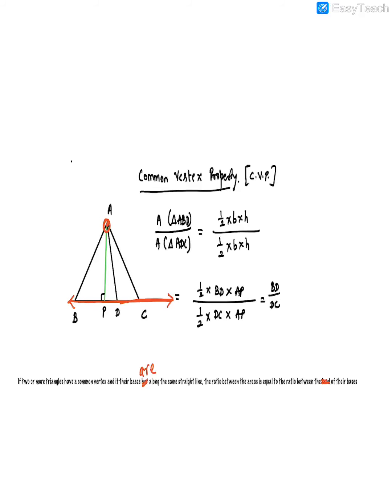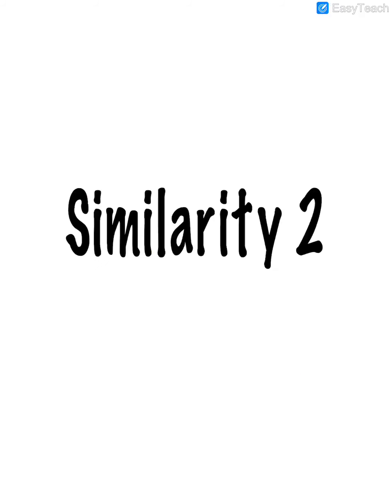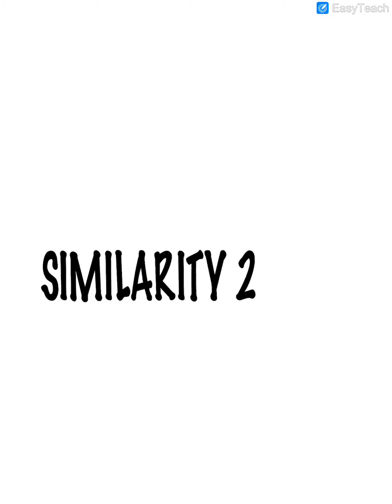First problem. These are all board questions, guys, from the last exercise of your textbook, exercise 15E. Our sums may be slightly different, maybe a number here and there, but it wouldn't make much of a difference. So you can still check the questions in your textbook also. This is question number 33 in my book. I'll draw the figure and tell you the question also. They say that ABC is a right angle triangle. So let's draw a right angle triangle first.